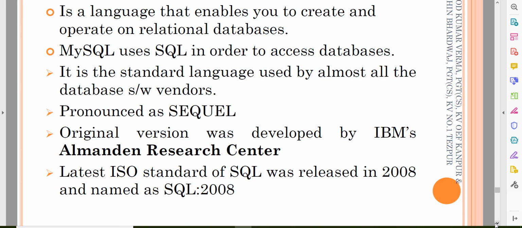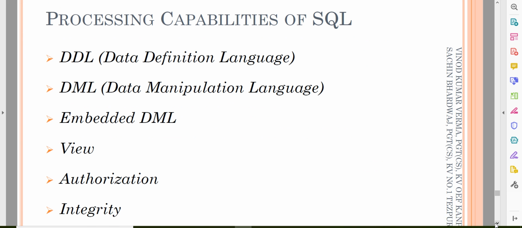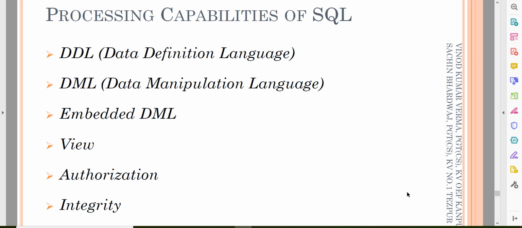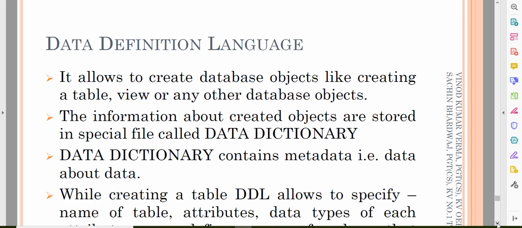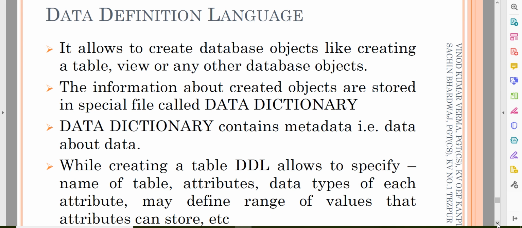Next time we are going to cover other things. But in between, one thing is there. DDL means data definition language. DML means data manipulation language. The DDL and DML commands will now be declared over here. DDL means data definition language: all the creation as well as table things like update, delete, creation will be the DDL commands.